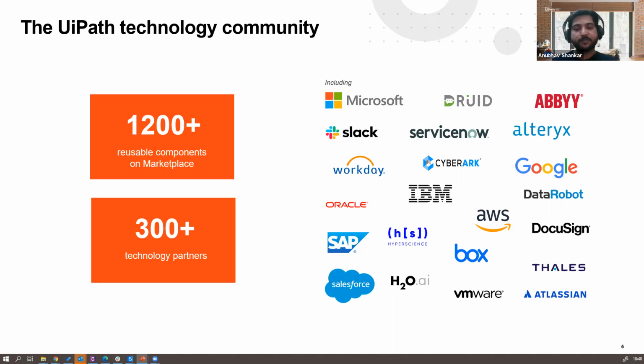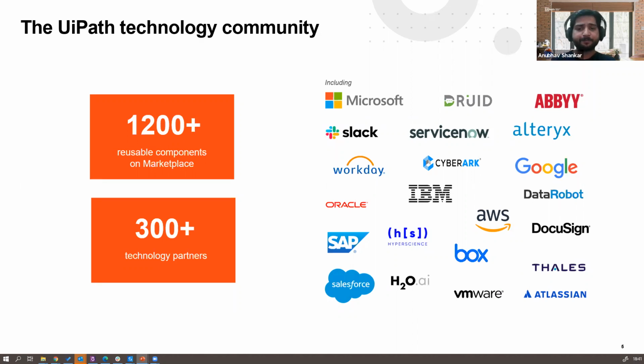What are these kinds of integrations? We work with ITSM systems like Zendesk, Jira, and ServiceNow to bring you the integrations of those systems. We work with CRM systems like Salesforce, HR systems like Workday and SuccessFactors, ERP systems like SAP. We also work with digital signature systems like DocuSign and Adobe Sign, and intelligent automation, which is quite catchy for everyone. We work with the likes of DataRobot, Hyperscience, H2O.ai, Alteryx, ABBYY, to bring you the best of abilities that you can integrate within your robots, and you can achieve the kind of result that you want by automating your